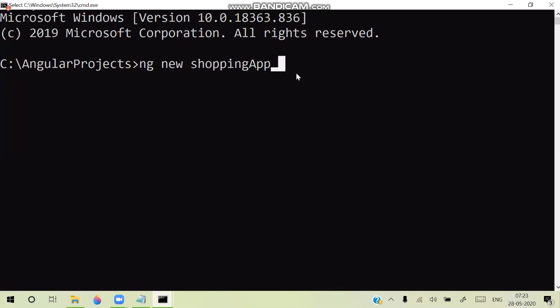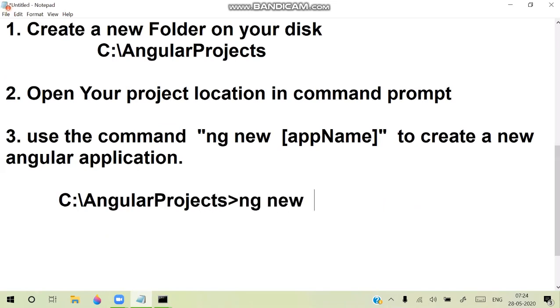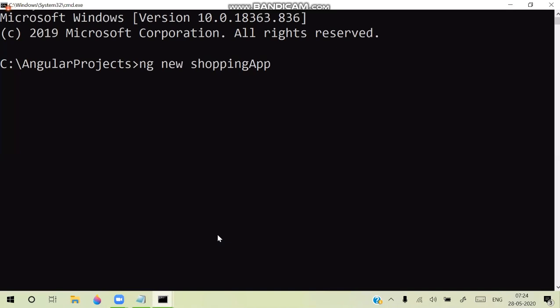So now just hit enter. So in the command prompt, in Angular projects, we have to say ng new and shopping app. That is the application name. Now when I hit enter,